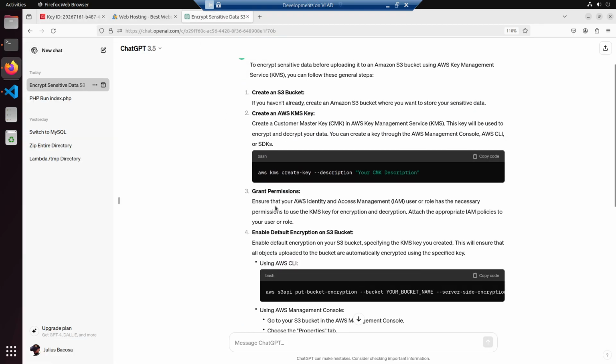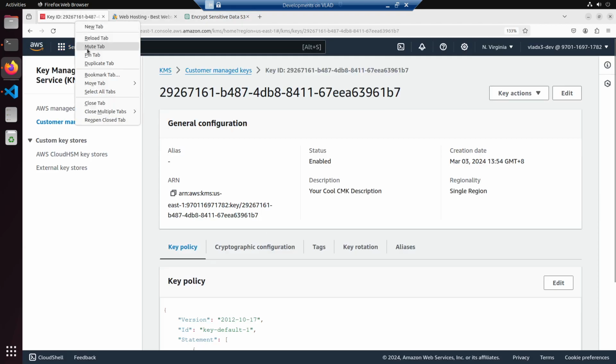Grant permission. Ensure that your AWS IAM user or role has the necessary permission to use the KMS key for decryption and encryption. Attach appropriate IAM policies to your user or role. Enable default encryption on the S3 bucket. So if you go to our S3 bucket,